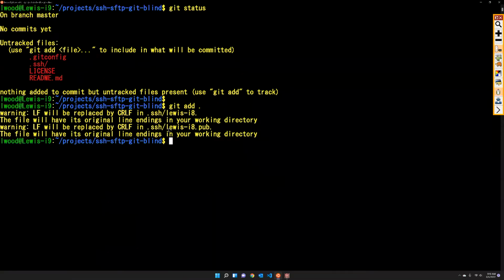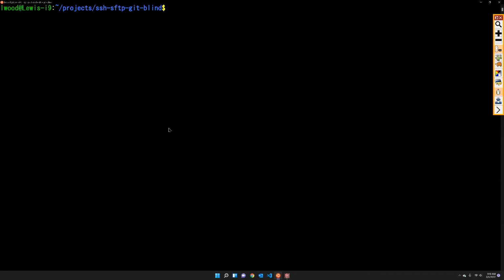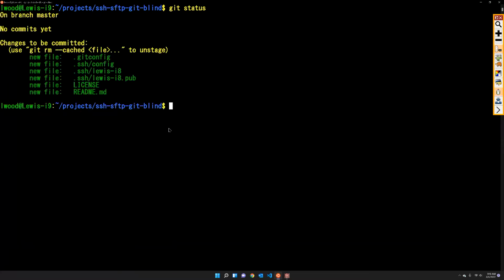Now I got all those files. Clear. Enter. Now I'll do a git status. git status. Enter. On branch master. No commits yet. Changes to be committed: (use "git rm --cached <file>..." to unstage)